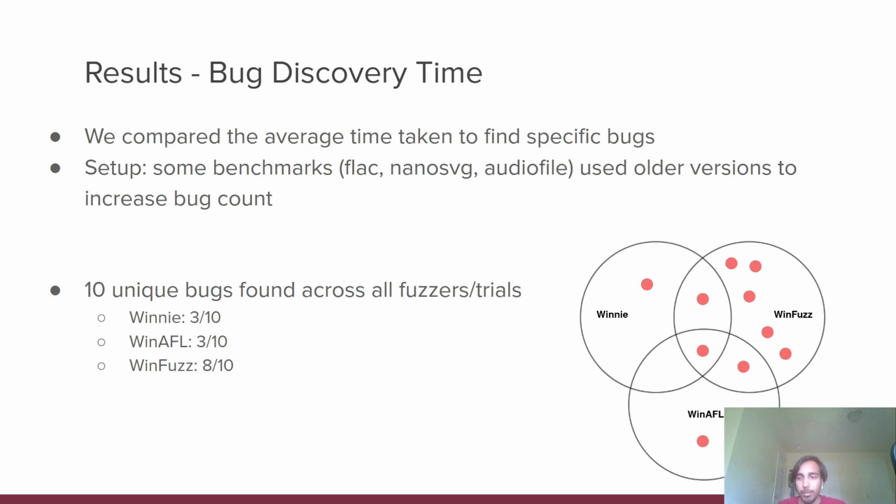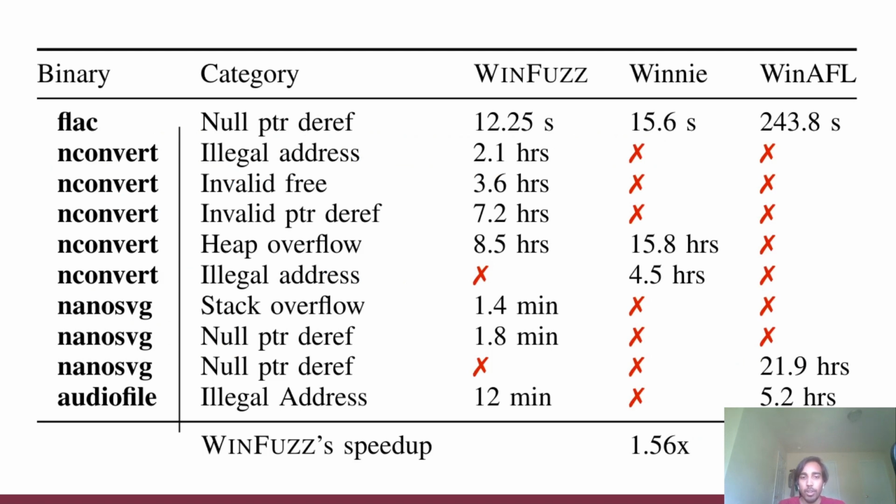As you can see, there was one bug found by Winnie which WinFuzz could not find, and there was one by WinAFL which WinFuzz could not find. Now, on an average, the speed up of WinFuzz's bug discovery time over Winnie is 1.56 times, while on WinAFL it is a whopping 23 times improvement, where WinAFL sometimes took hours to find a bug, while WinFuzz found